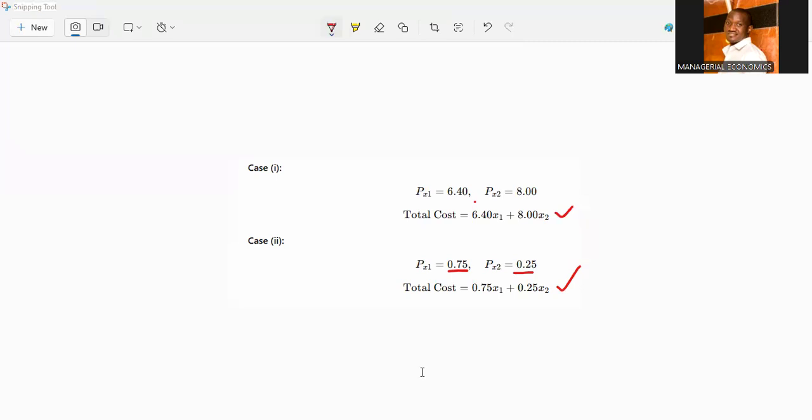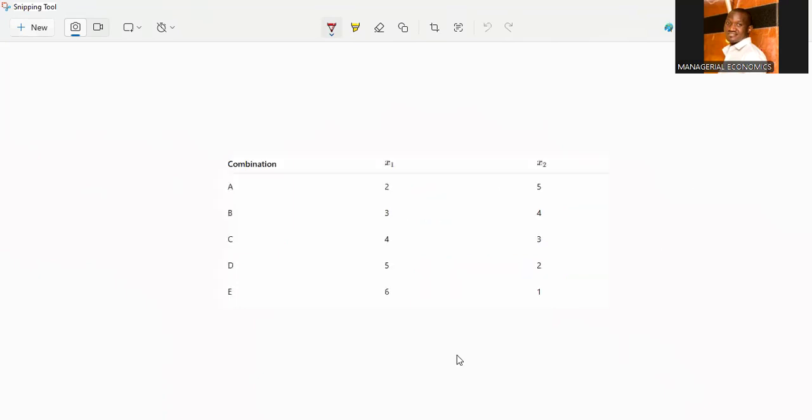Okay, so now we want to calculate which of these will give us the least cost in that context. How do we find it? We can come up with a table of combinations as follows to find the least cost scenario. So we have these combinations. You can assume values as follows. When you input them in the equation, you're going to find one which gives you the lowest cost, which you pick. In this case, we're going to combine for each of them, and you discover that